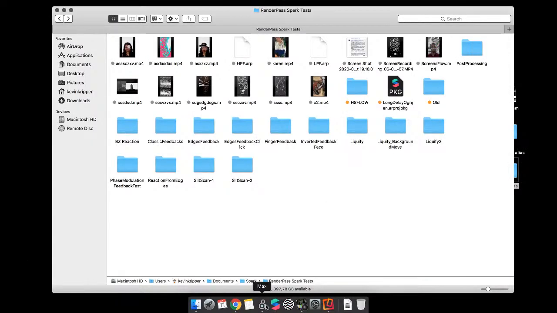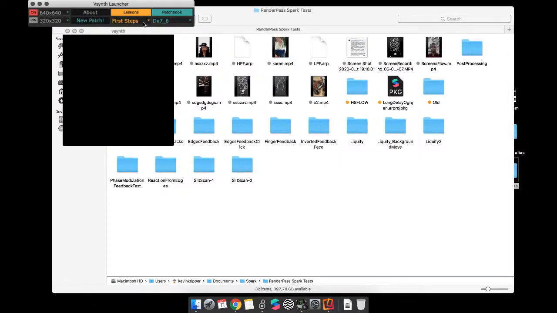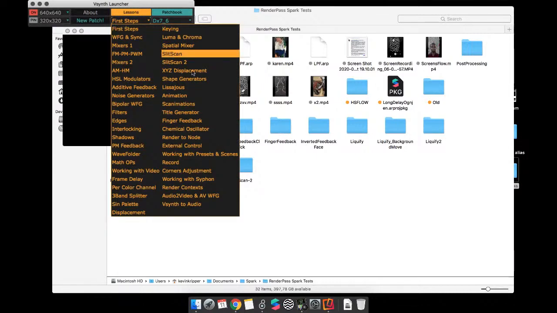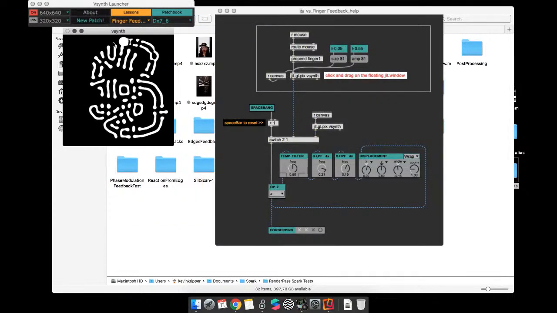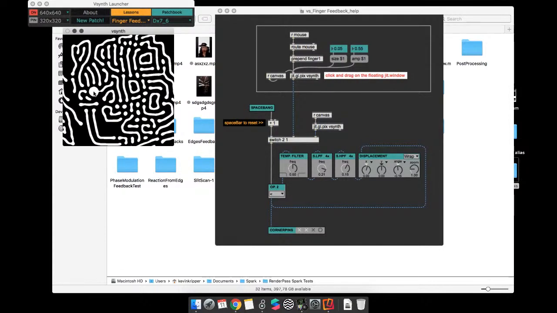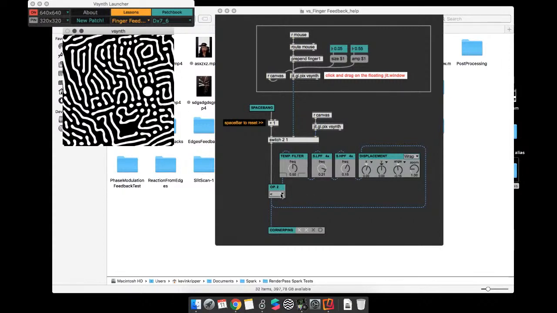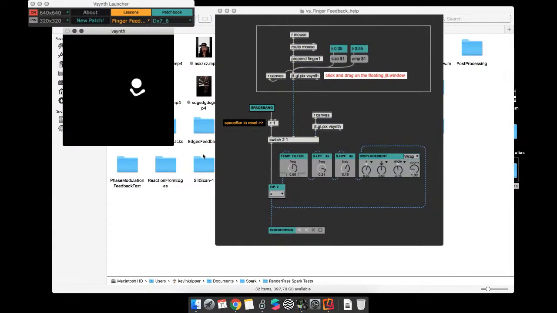Let's go to another one. This one is also branched from one of the example patches in Vsynth, which is the finger feedback. Should be somewhere. It is here. Finger feedback. So this is another way of using render passes. As you can see here, the feedback loop is done between a circle, this circle, and the same circle,